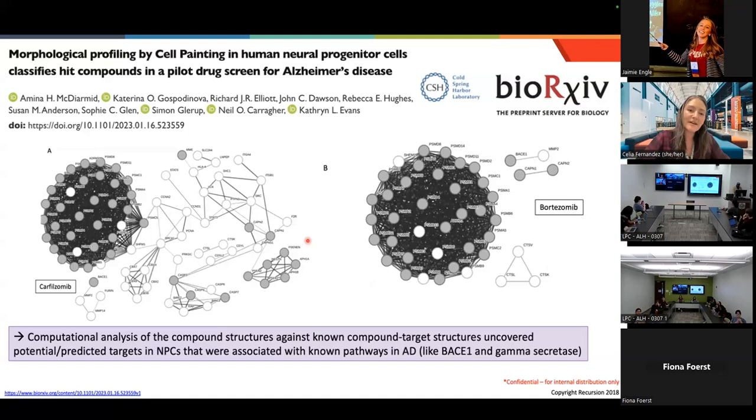Yeah, they'd probably start over. So what we do at Recursion, I think what you're supposed to do, is first check your computational model and make sure that your model, your algorithm that you're using, is actually correct. So we've done this kind of thing on different cell types. And a model that's generated to analyze images from, let's say, HUVEC cells, so like endothelial cells, that model is not going to work well in a neuronal model or a different cell type that has a different morphology, right? And that kind of makes sense.